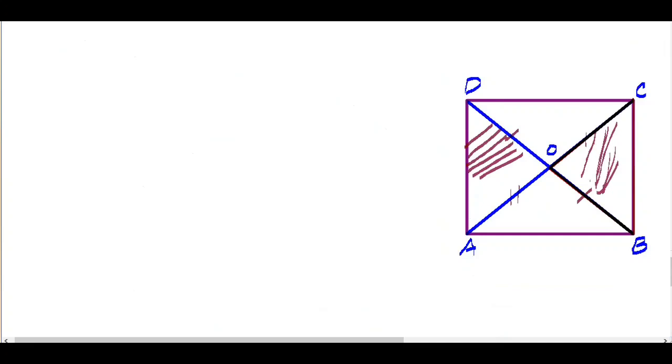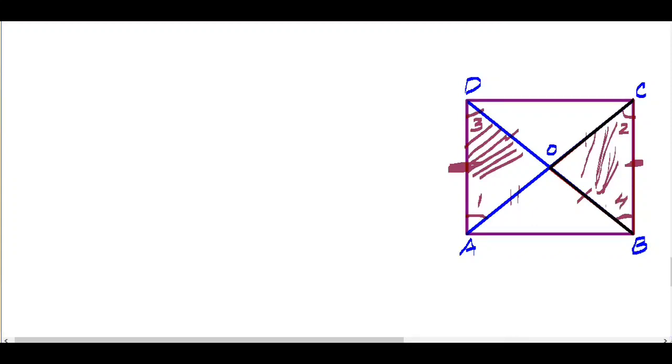Now how? Obviously, ABCD is a square and every square is a parallelogram. That means opposite sides of a square are also parallel. Now check it out here. AB and DC are parallel. AD and BC are parallel. And AC is transversal. So, which implies angle 1 will be equal to angle 2 because they are alternate interior angles. Similarly, AD is parallel to BC and BD is transversal. It means that angle 3 will be equal to angle 4.